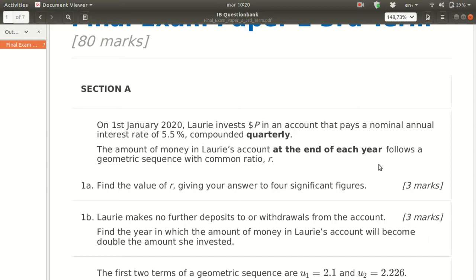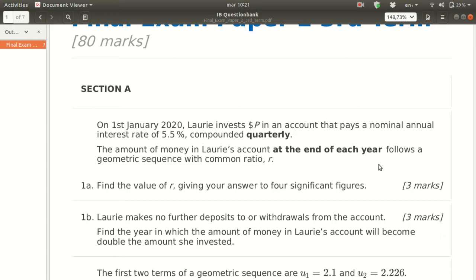So a couple of things. First of all, compounded quarterly means that there are 4 periods. Okay, so there's 4 quarters in a year, so there's 4 periods. At the end of each year, so that means that Lori's going through the entire year, and so our time periods are going to be integers. Okay, so 1 year, 2 years, 3 years, because she's starting on January 1st, and we're looking at the end